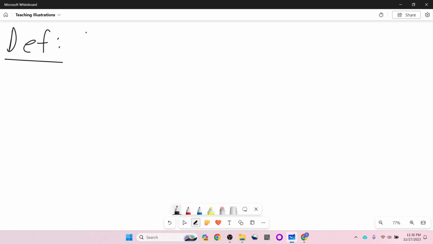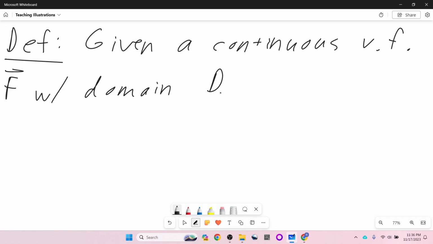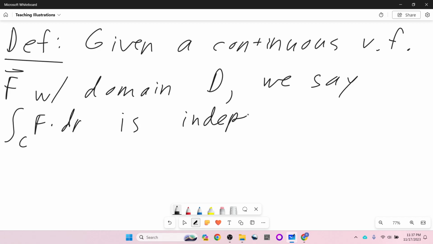So definition: given a continuous vector field, VF stands for vector field, because I have to write that a lot, capital F, with domain D, we say the integral of F dot dr along C is independent of path